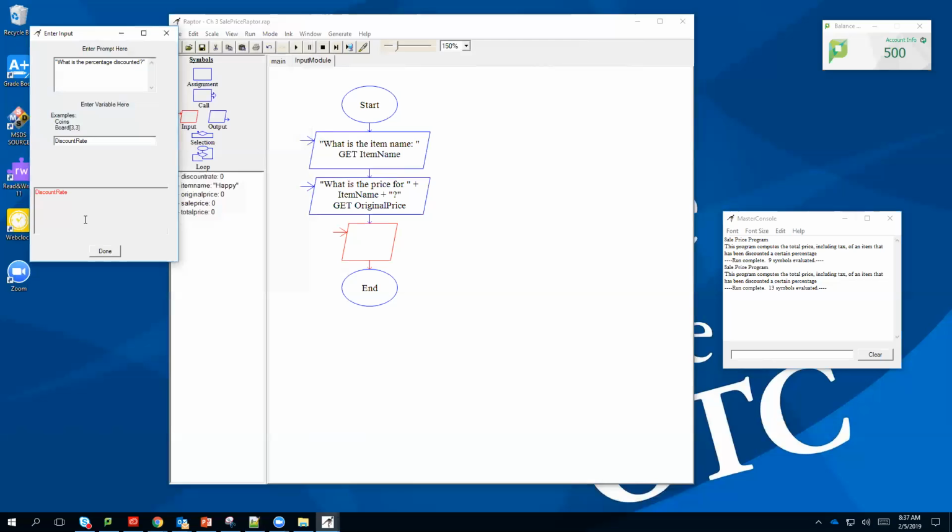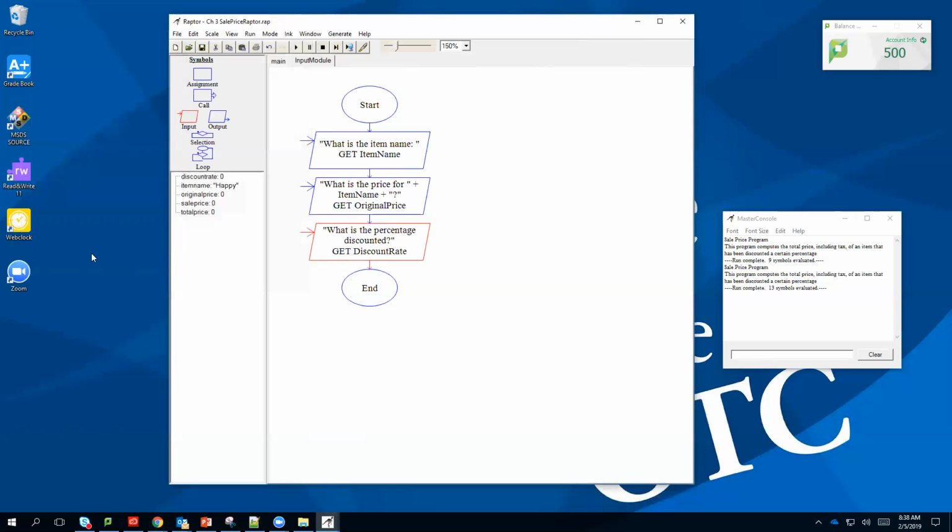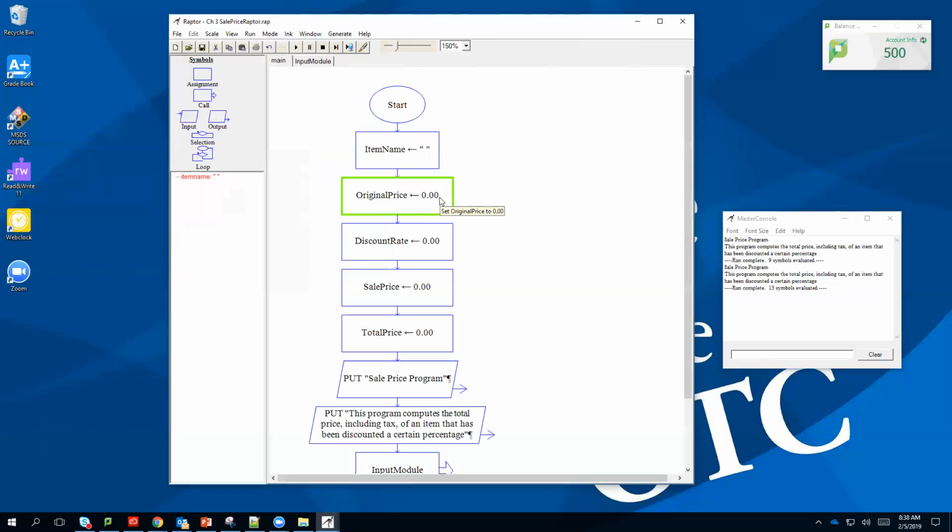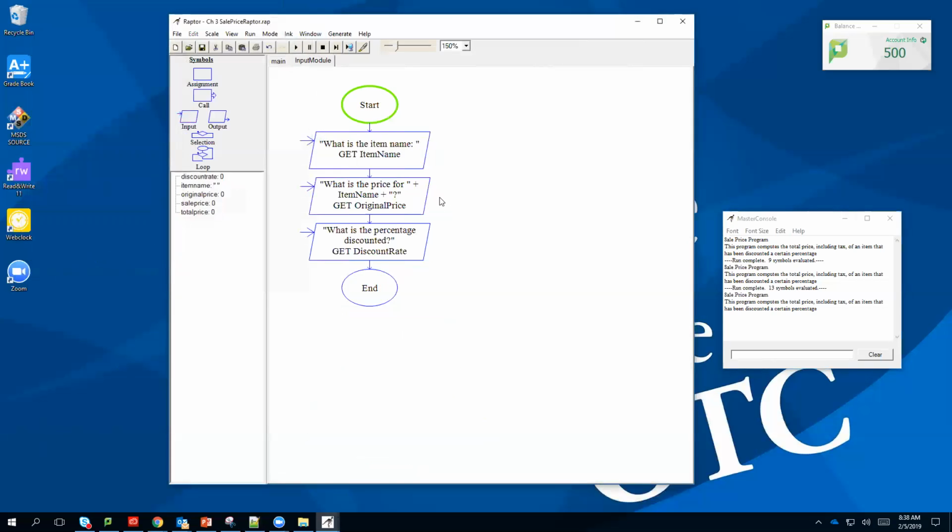Okay, so I'm going to click OK on this one. Now, is it prompting us for all our data? We can run a test here. Let's test it. This great thing about Raptor, it lets us try it, prompt for our item name, or set up our variables, then output our messages, then prompt for our item name,